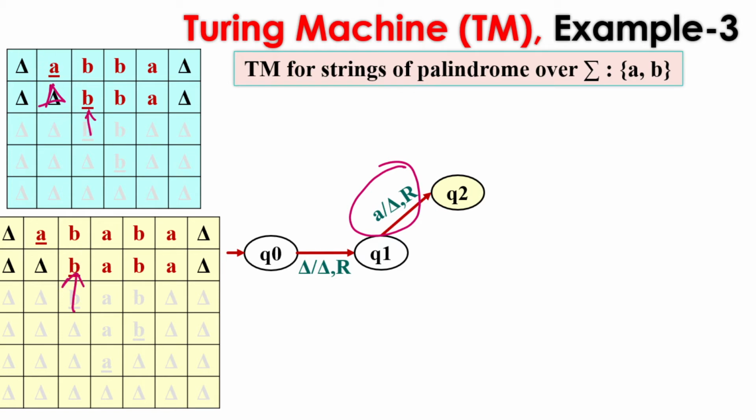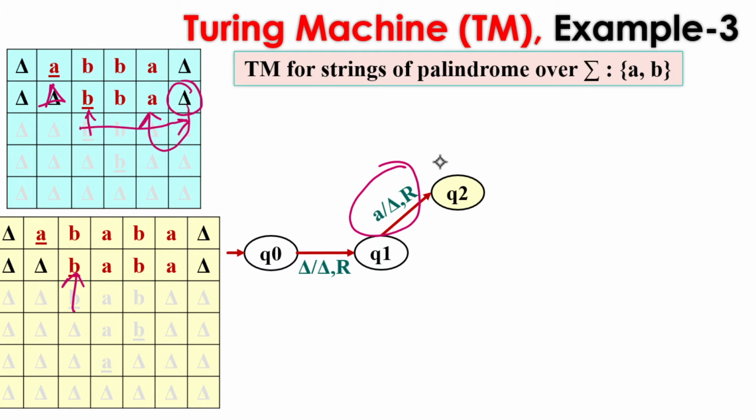As we have replaced the first symbol with a blank, now we are pointing to the next symbol of the string. Now our requirement is to reach up to this blank, meaning we need to search for the blank, and from the blank we need to take the left turn, so that we can cancel out the same symbol from the right.